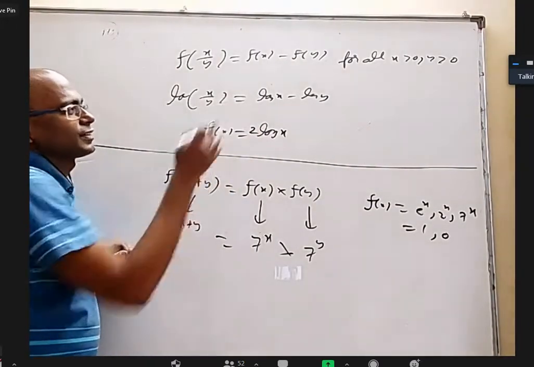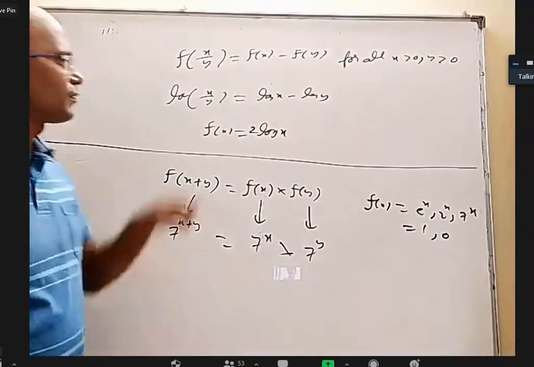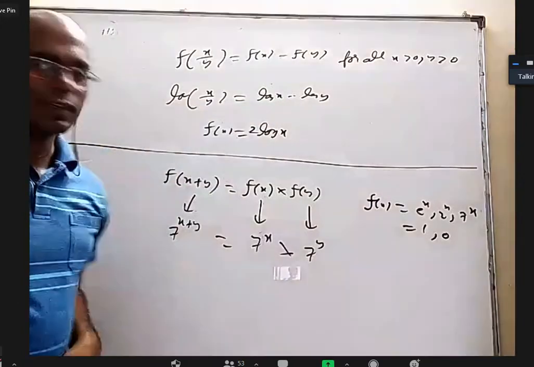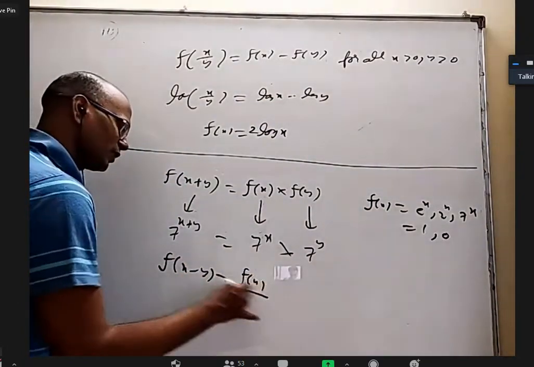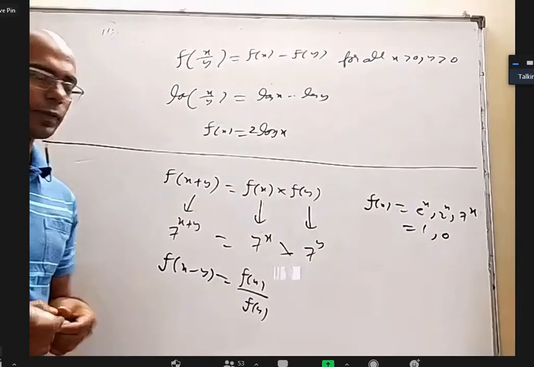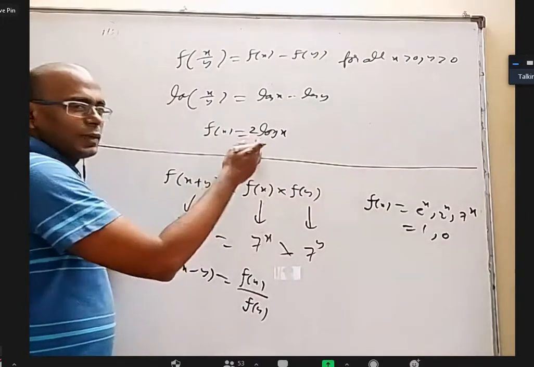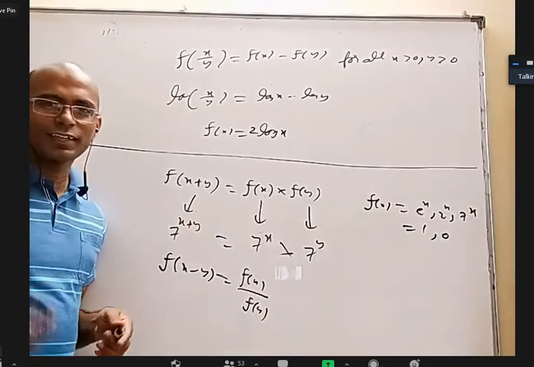No, exponential function will not give you this, because a power m minus n is a power m by a power n. That is, if I give minus here and division here, what you are saying is f of x minus y is f of x by f of y. That will give you what you are saying. Okay. You can multiply by 2 or 3 basically. 2 log x, 3 log x, 5 log x, 100 log x.